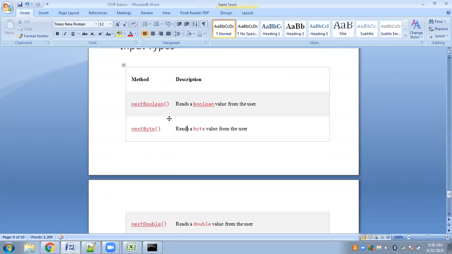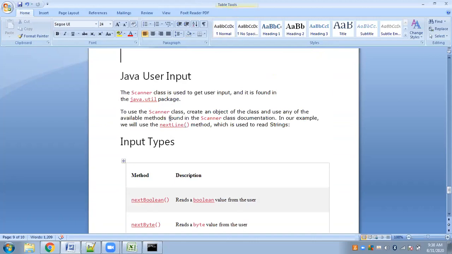Next, we come to a very important topic, which is Java user input. Now we will try to write Java programs giving user inputs. You have seen how, without giving user input, you can initialize values in the program itself and run without using the standard keyboard device, without using the standard input. Now we will look at how to use the standard input, how to provide input at runtime.